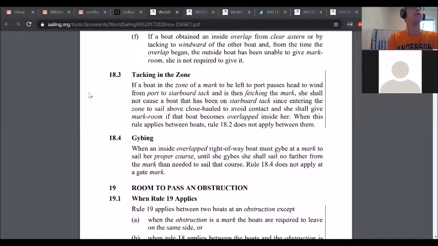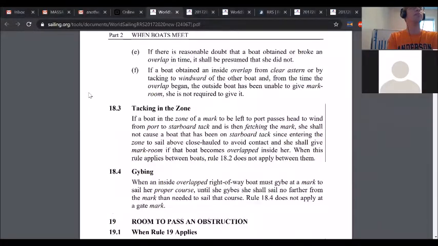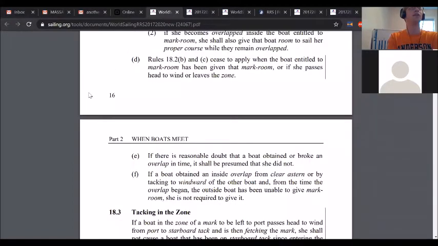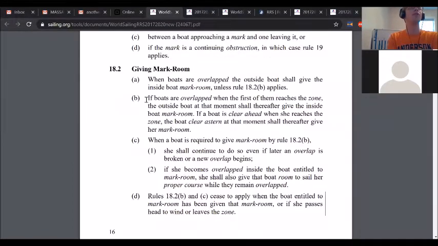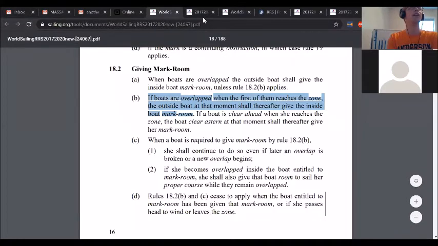So if we look at 18.2b, one of the things we talked about before. So this is the part of the rule that they used. If boats are overlapped when the first of them reaches the zone, outside boat shall thereafter give the inside boat mark room. So if the gray boat was disqualified for this rule, that would imply that the white boat was considered to be overlapped. But